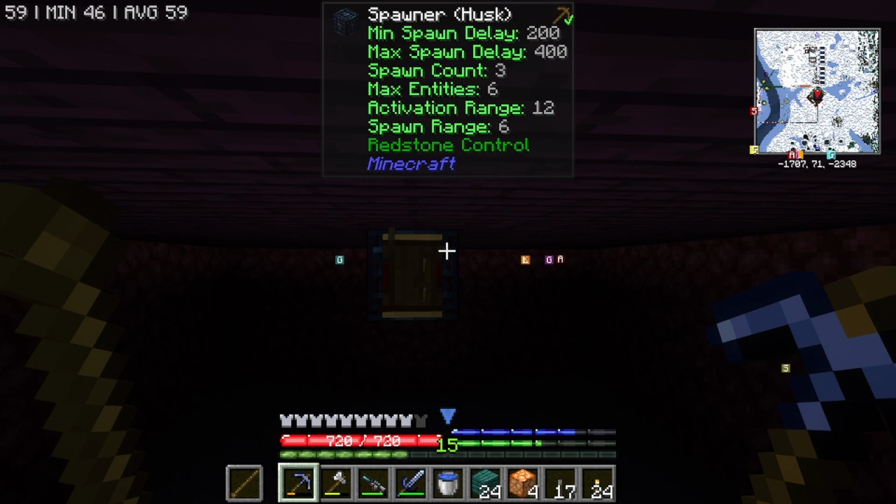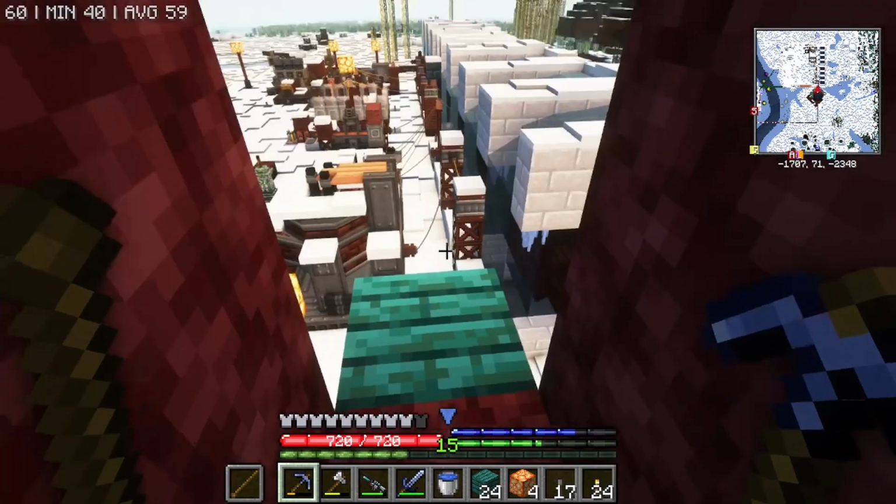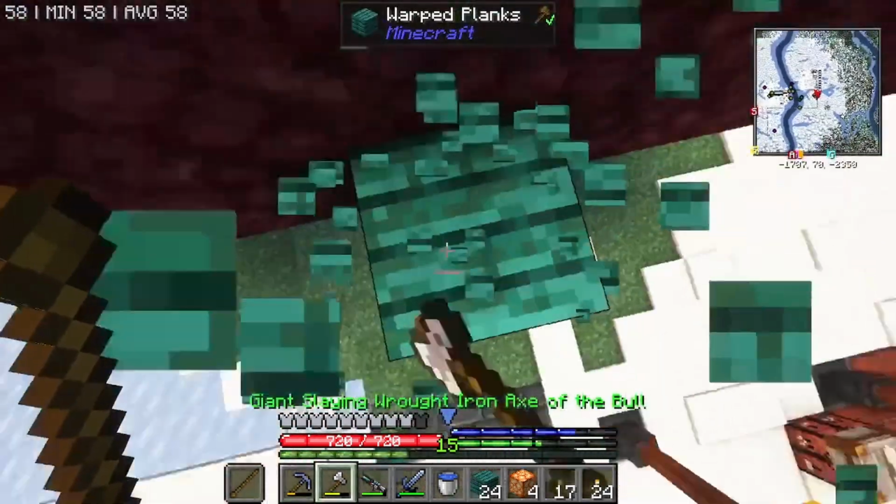The max spawn delay is not the max that it could be, like the highest, which is amazing. Max entities and spawn count, it could be better, I suppose. Spawn range could be lower. Activation range could be higher as well, but it's fine. But I do need to go and grab...